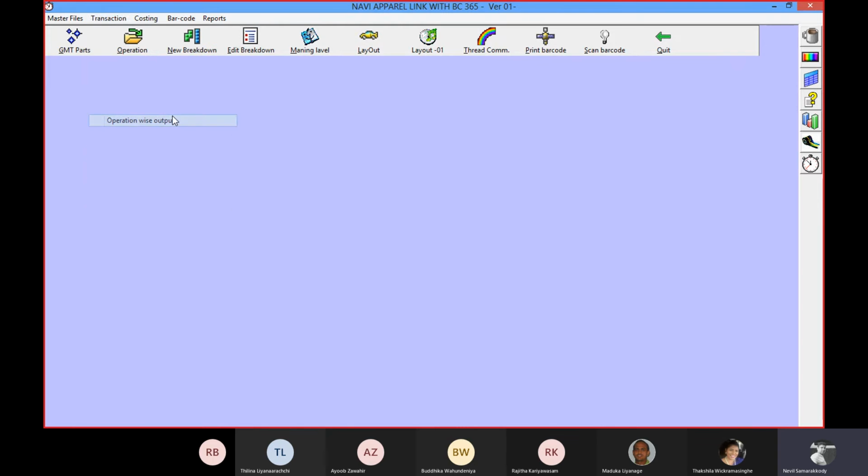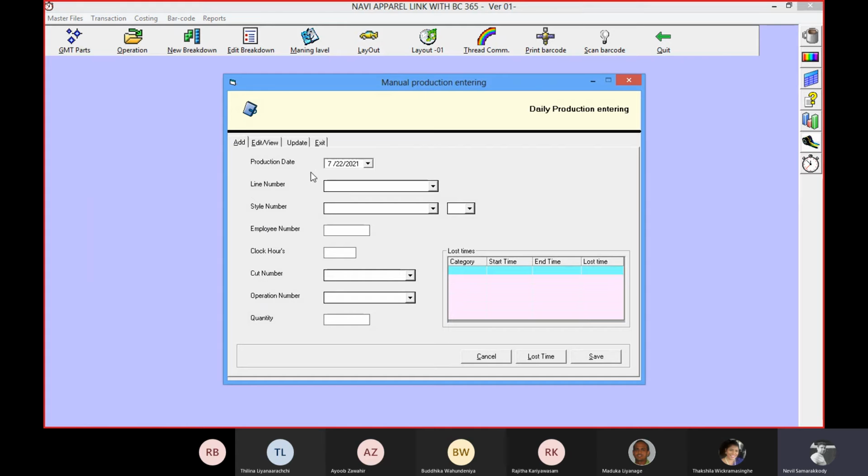If you are not doing the barcode, then here you can do the manual production entry. What is the line or production date, line number, style number, what are the employee. Then if you put the employee number, then automatically the system will get your attendance system, what is his clock time, then automatically come here. Then what is the cut number, operation number, what is the quantity, and his or her lost